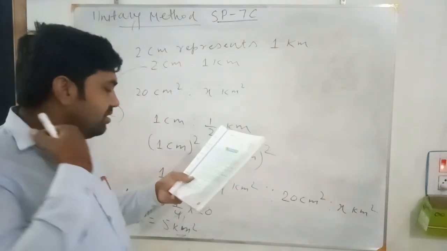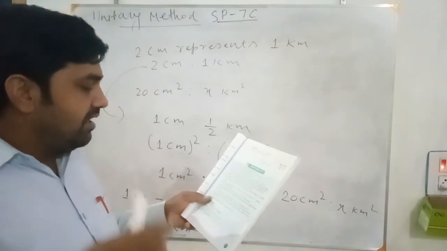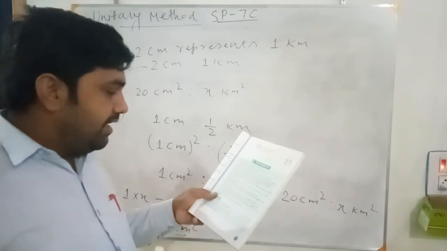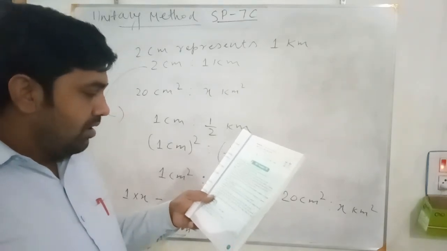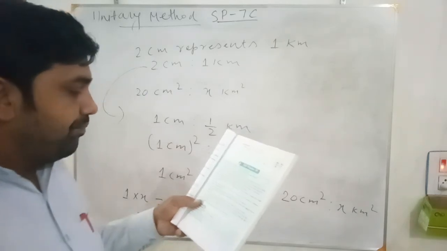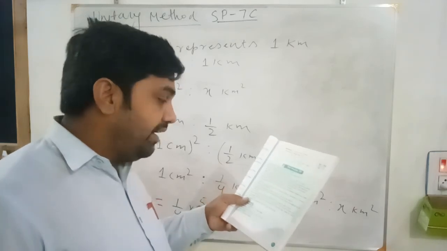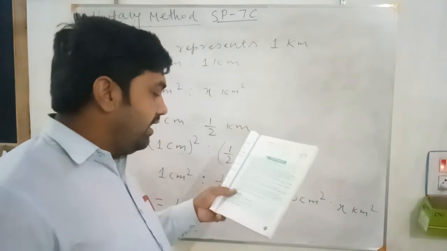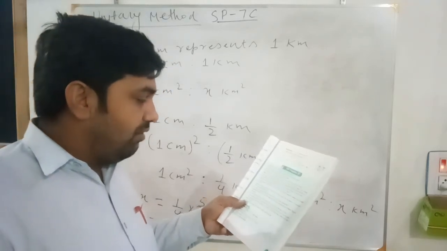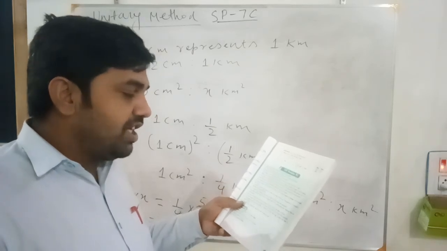Find: 5 turns of the winder of my watch keeps it going for 15 hours. So on the watch there is a winder button, which you turn; that is called a key. A key is on the watch which we have to turn, which we have to wind. After winding, the hour, minutes or seconds hand moves on the dial of the watch. So the 5 turns of the winder keep the watch hand moving for 15 hours.